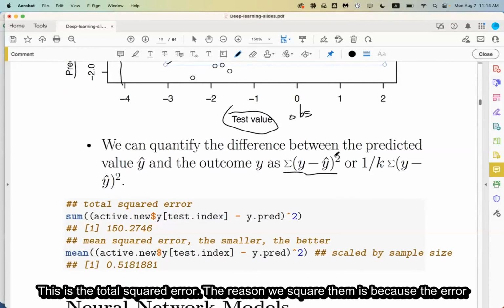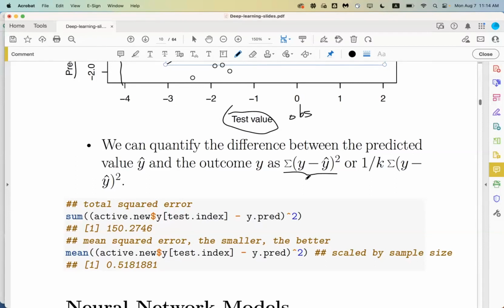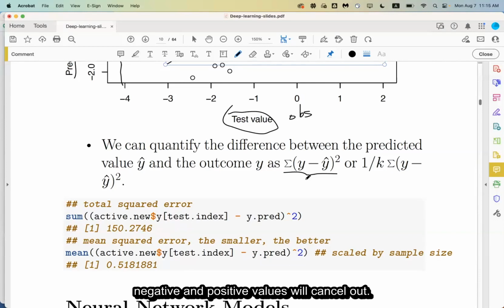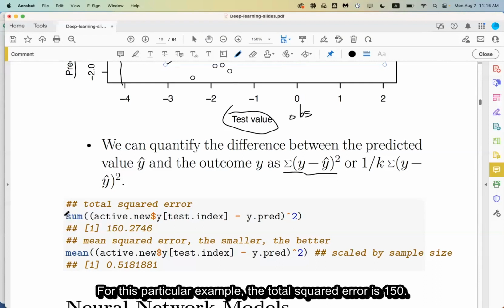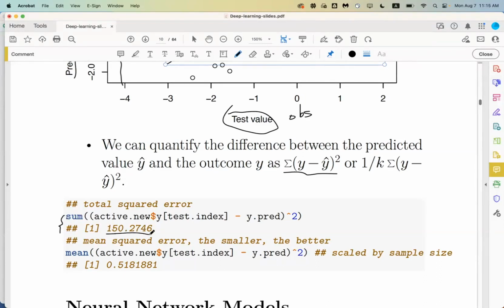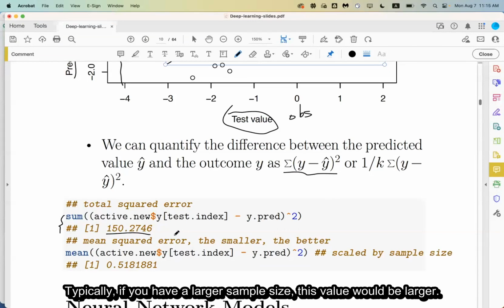The reason we square them is because the error could be negative or positive in the data analysis. If we don't square them, the negative and positive values will cancel out. For this particular example, the total squared error is 150. This total squared error is related to the sample size. Typically, if you have a larger sample size,